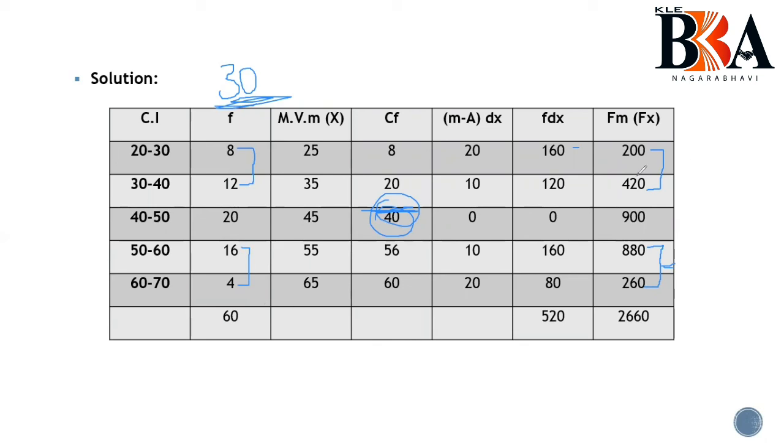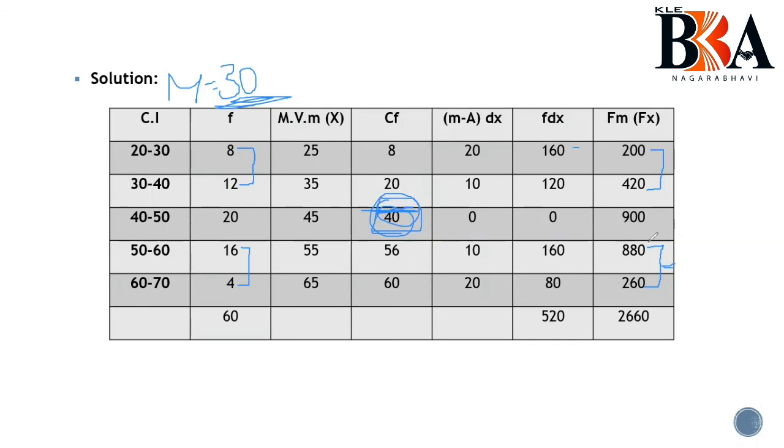So the direct formula, what was it for us: summation of fx1 minus summation of fx2 minus bracket summation of f1 minus summation of f2 into median, mean or mode. Now we have got the median. I am repeating once more, we have got the median as 30. Based on that I am just taking out. As the base I can't take 30 here, so I am taking 40 as the base because it is the nearest number.